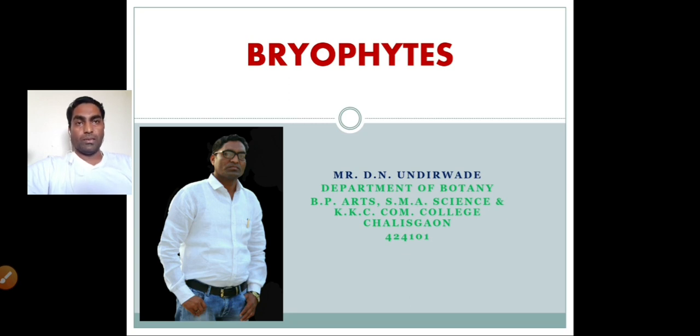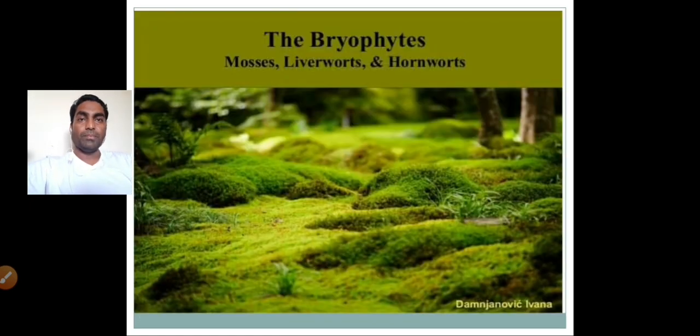Today we are going to deal with these bryophytes. Actually, this is the introductory part on the bryophytes. The bryophytes basically consist of mosses, liverworts and the hornworts. Now, these are the three various classes: liverworts, which appear to be liver-shaped structures; hornworts, which have the sporophyte as a horn-like structure on the gametophyte; and the mosses, which are somewhat foliose-like structures. So, all these three classes are comprised within the bryophytes.